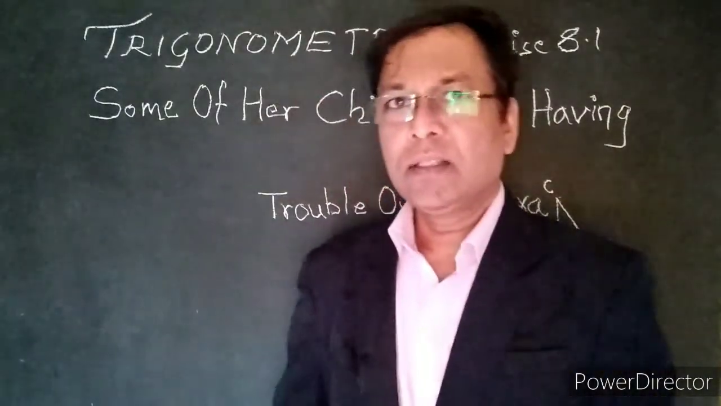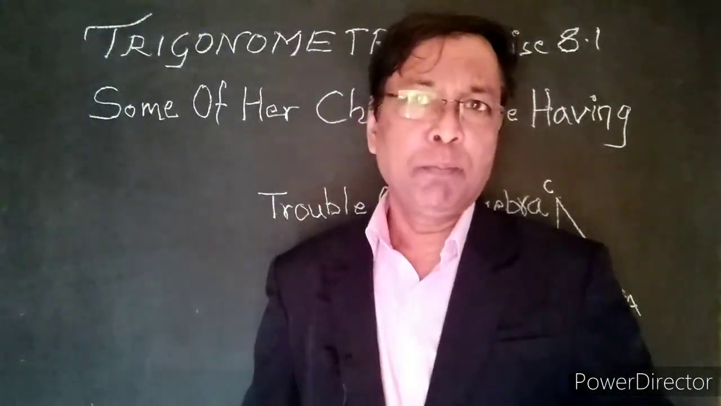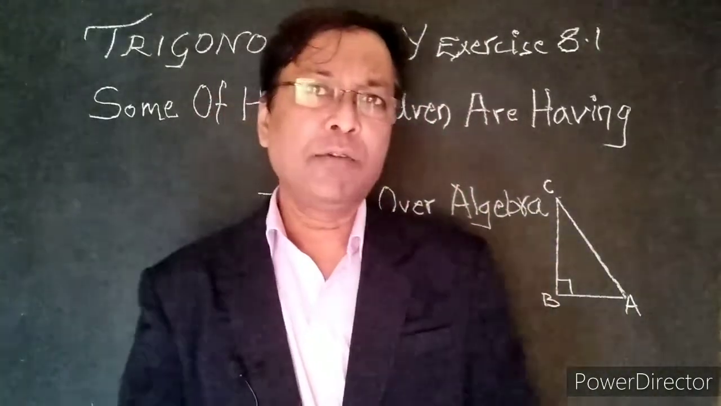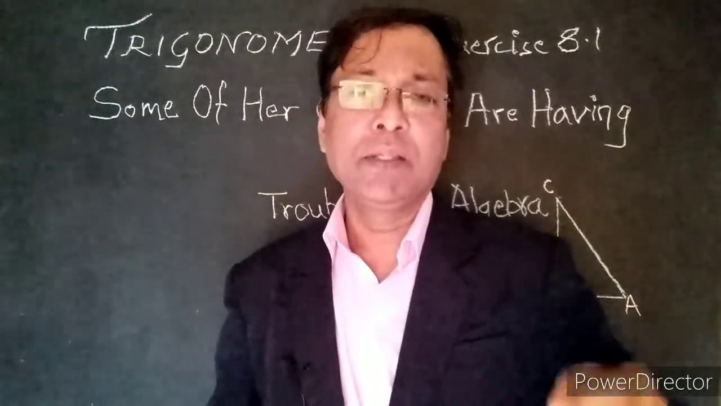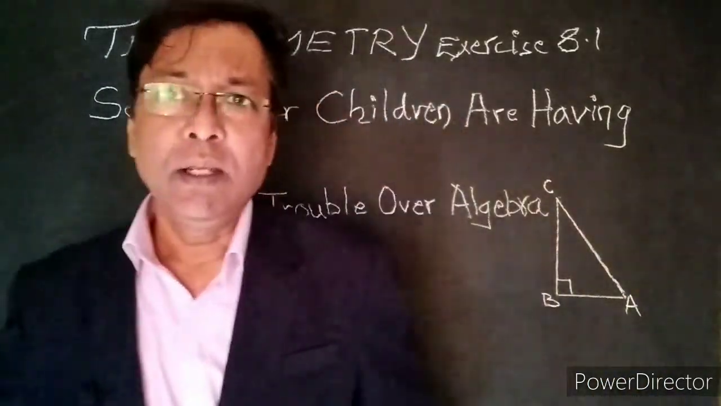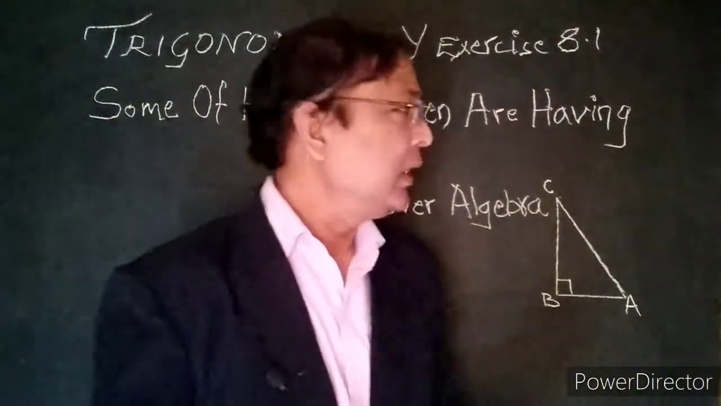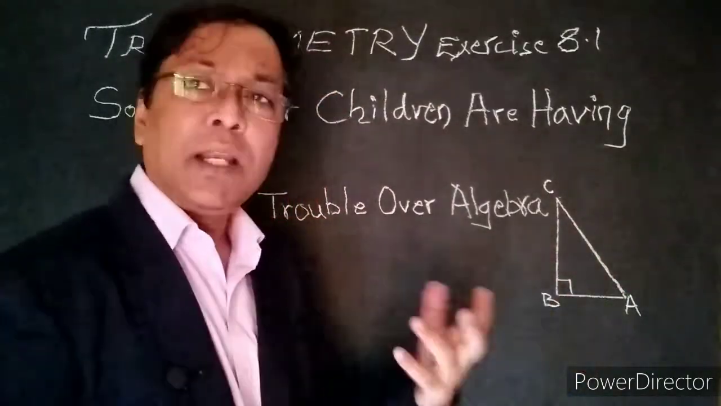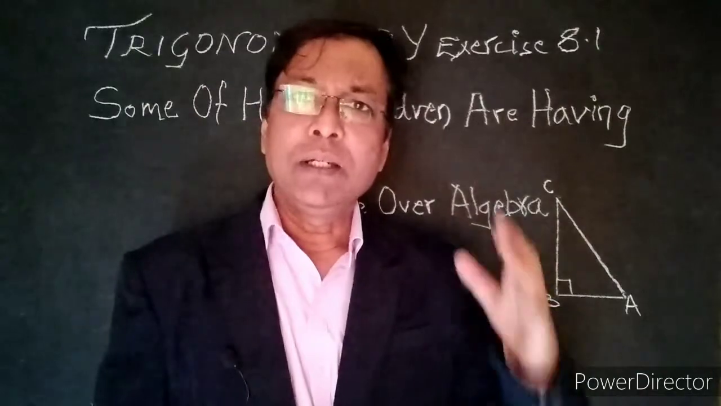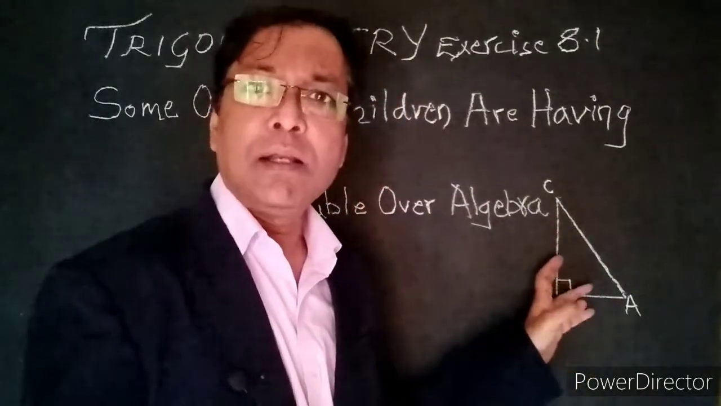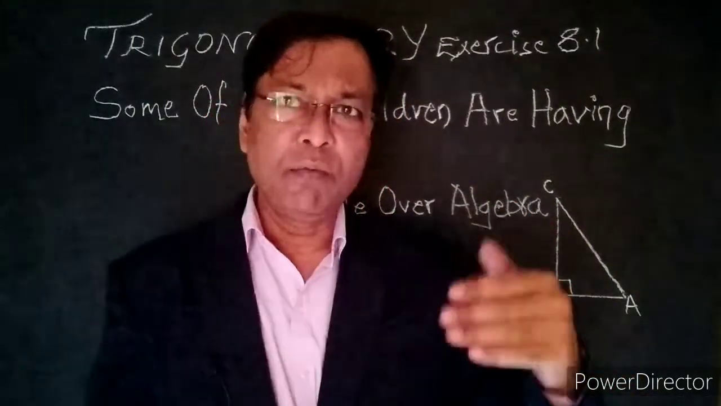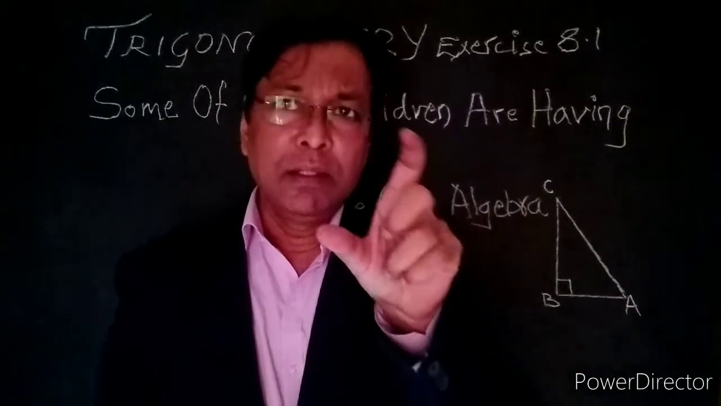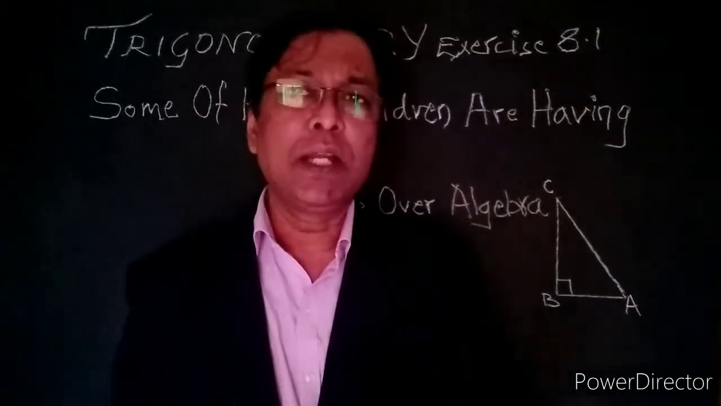To solve Exercise 8.1, we must be perfect in trigonometric ratios. What are trigonometric ratios? I have explained them in detail in my previous video. Trigonometry gives the relationship between the sides of a right-angled triangle and the angles. A trigonometric ratio means dividing one side of a triangle by another side. When we divide one side of a triangle by another side, the ratio we get is called a